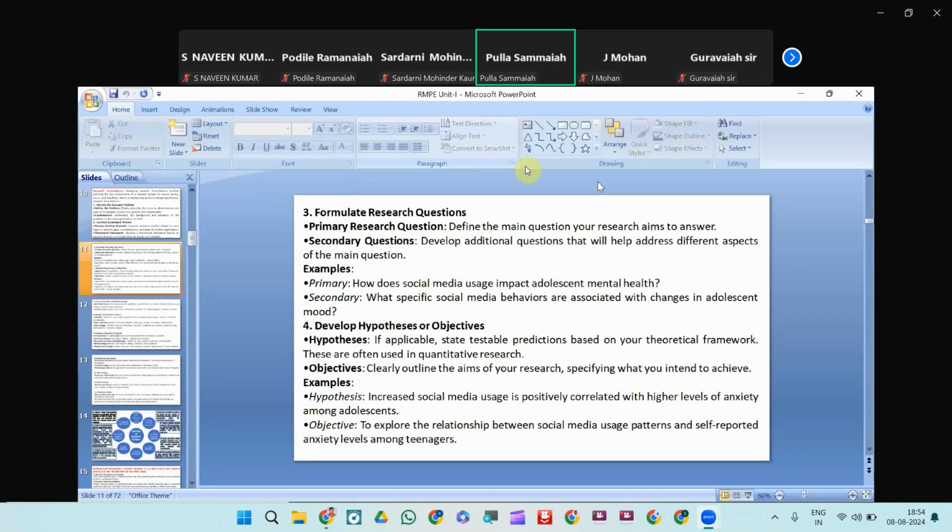The primary question you must answer, no doubt, but we need some related concepts also to solve the main problem, so you can design the secondary questions also. Then the fourth one is develop hypothesis or objectives. Yes, based on your identified research gaps and the concept and focus of your research, you also develop the hypothesis